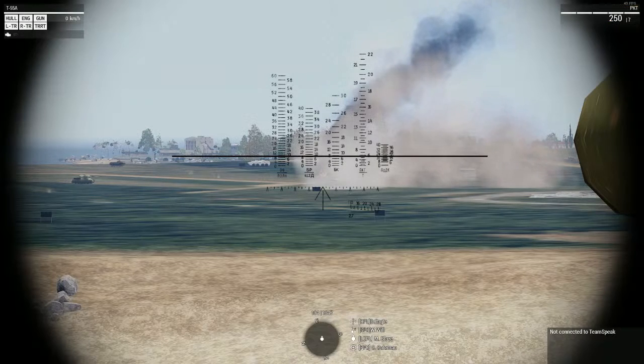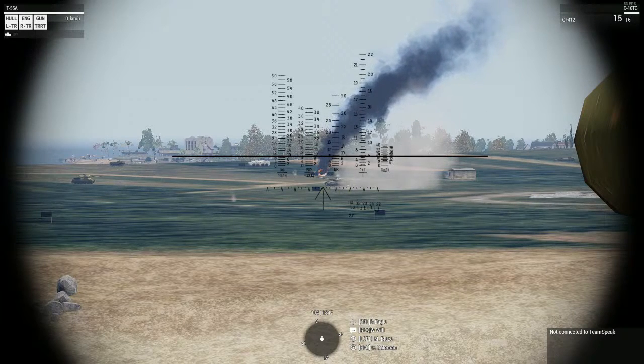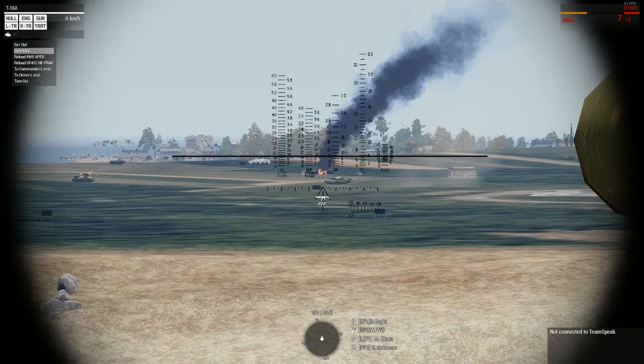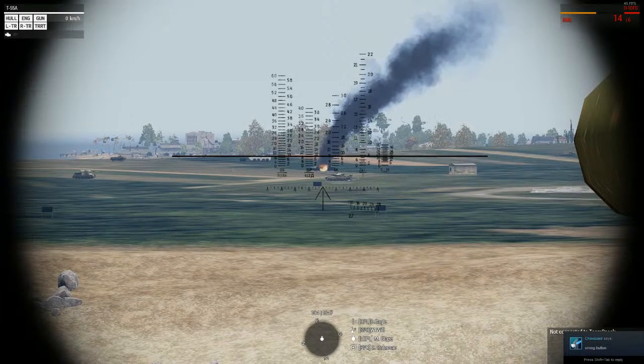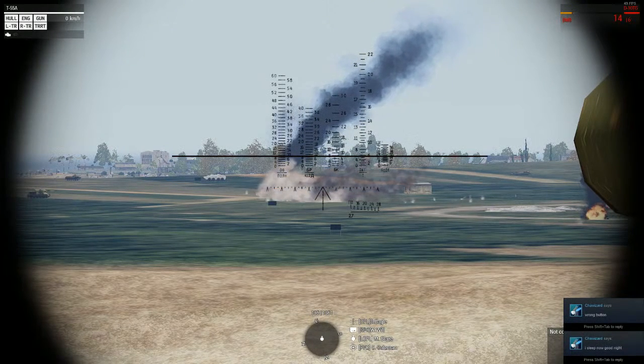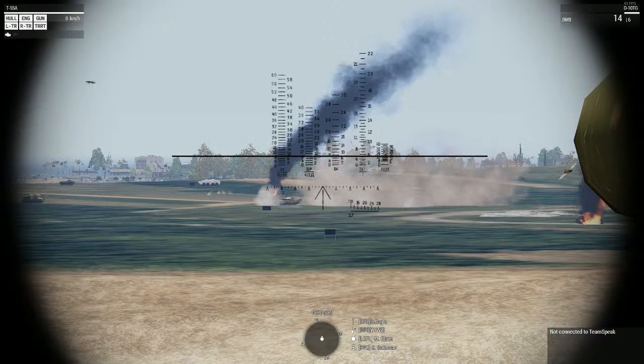No, 6K might be heat. 6K is APFSDS. Gotta be, because look at that muzzle velocity though. That seems a little slow with muzzle velocity. It might be HE frag. The 6K. I thought the 6K